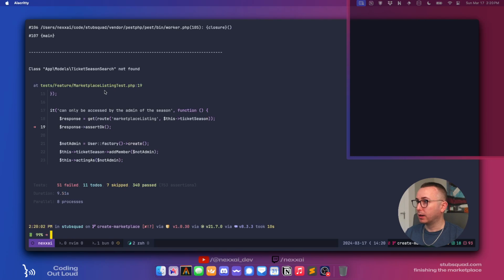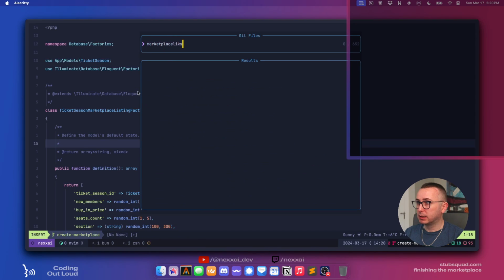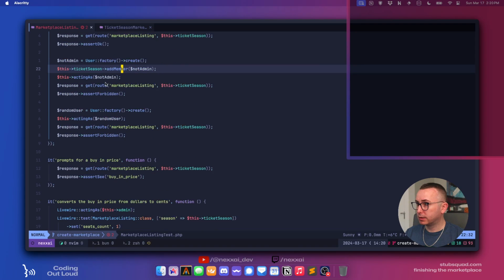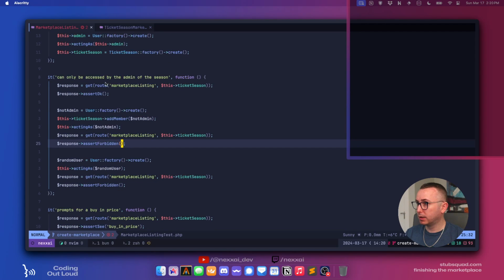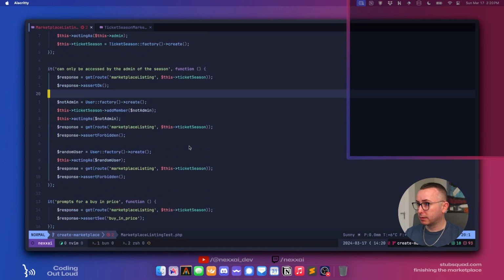Okay, marketplace listing test. And so where are we doing the search? Prompts for buy and price, blah, blah, blah. Ticket season factory create.